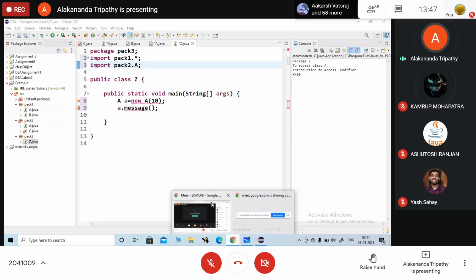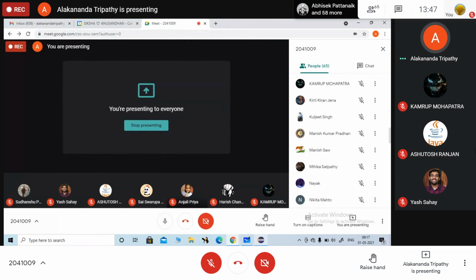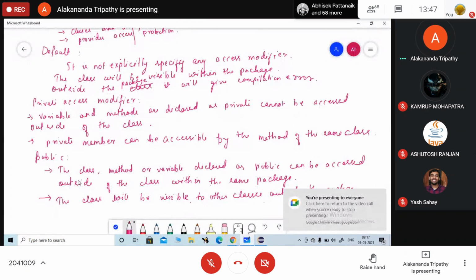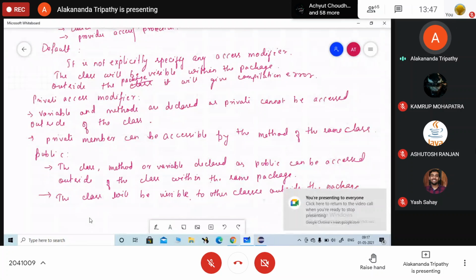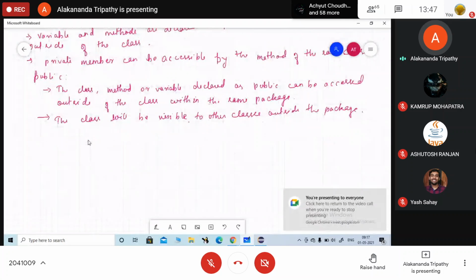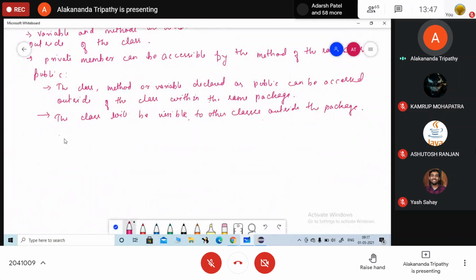Okay, should I move to the next part? Next one is private. पब्लिक हो गया, प्राइवेट हो गया. Next one is protected access specifier. So just remember a few points on the protected. We will discuss in detail. इसको स्टार में मैं रखती हूँ. We are going to discuss in detail while we are discussing inheritance. But for the time being, just remember a few points.